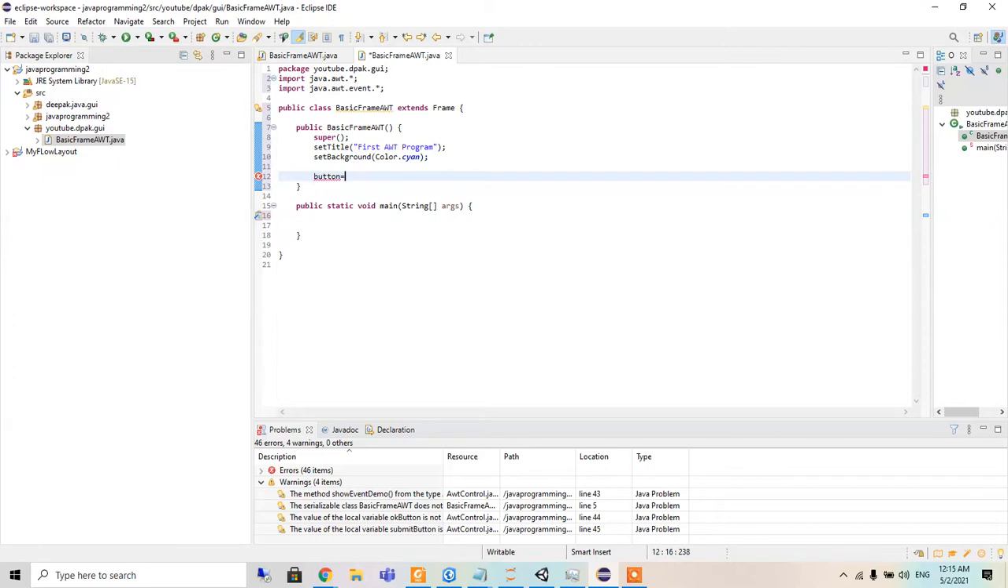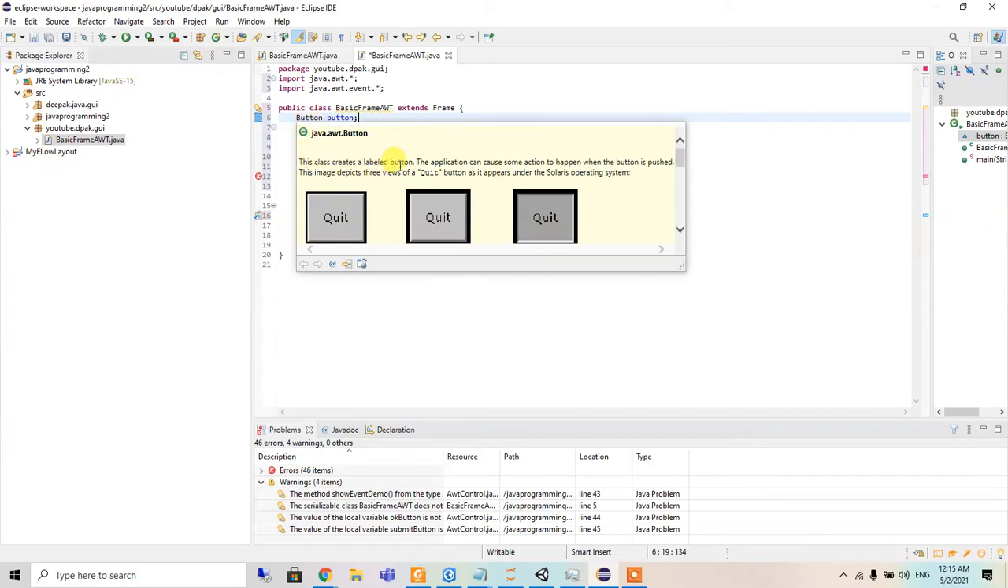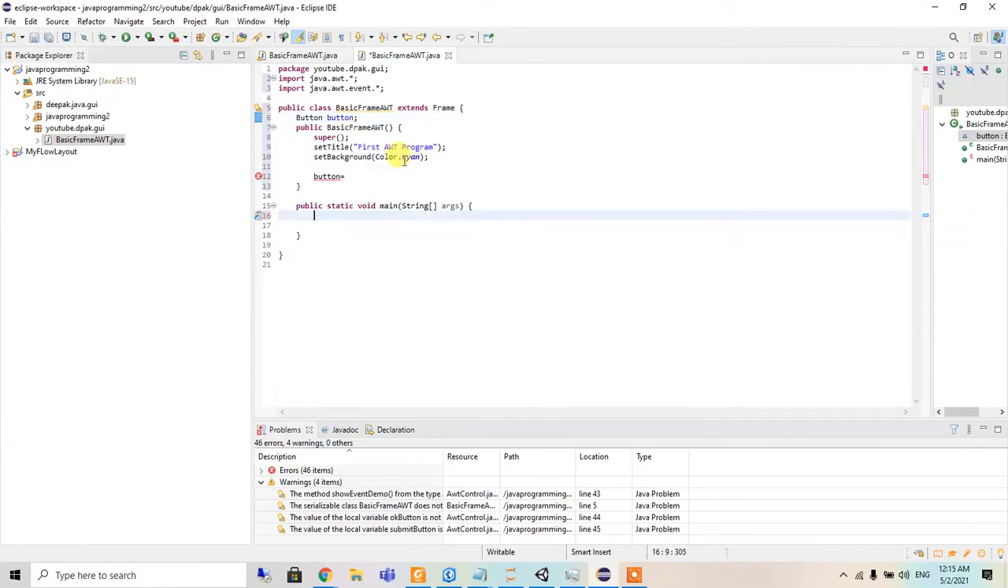introduce a button. So for introducing this button here, I will call a button here. This class creates a labeled button. The application can cause some actions to happen when the button is pushed. Yeah, so these are the things. We can also see all the things inside here. So after calling this,